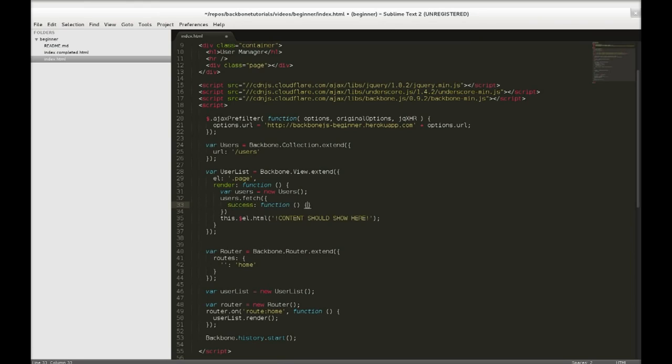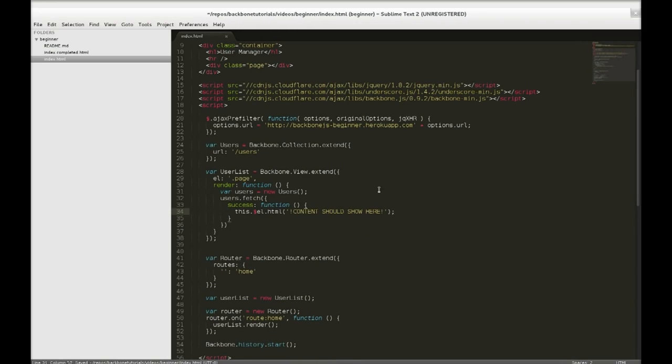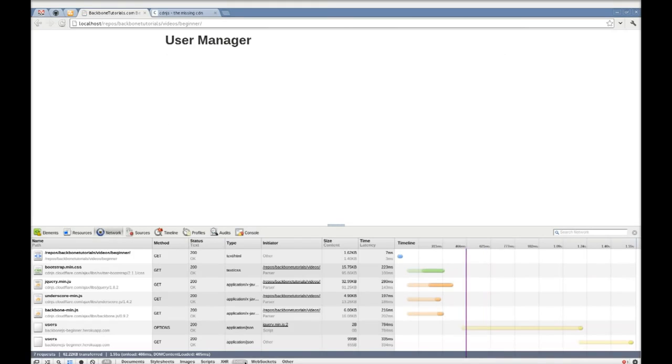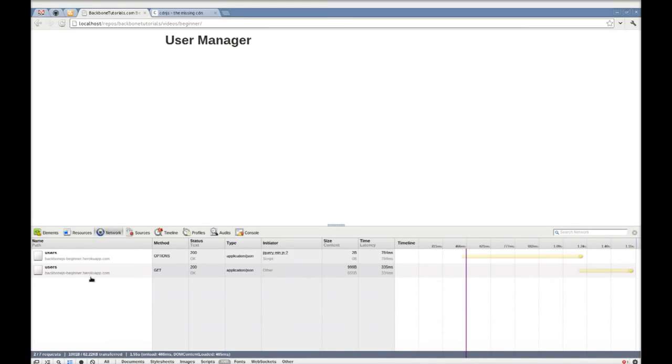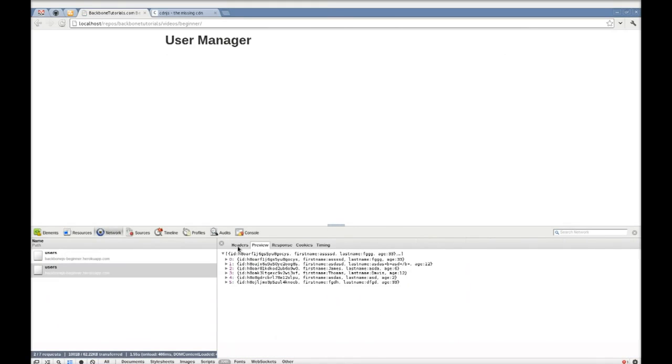So on success, let's just render our template when it's successful, and we can check out the network tab to see if that data actually came down. If we refresh the page and jump to our network tab, we can see it sent off a GET request, and it did return the data,